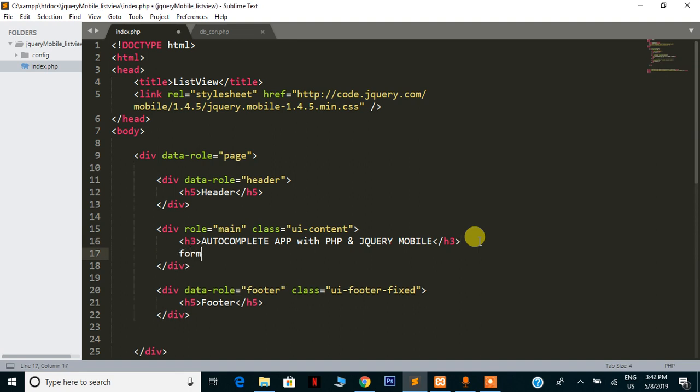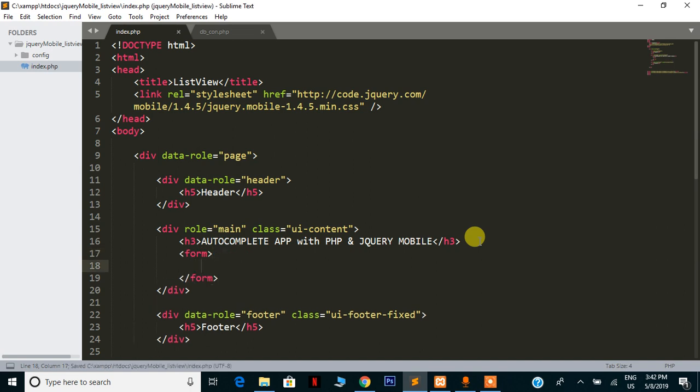So let us create a simple form tag here, and we are just going to put in the input tag there. Sorry, this is the form tag, and the input tag is here, and we're just going to give it an ID of titles, and let us give it another data attribute of data-type. So we are telling its type, and it's going to be a search field, and let us put also our placeholder. Let's say